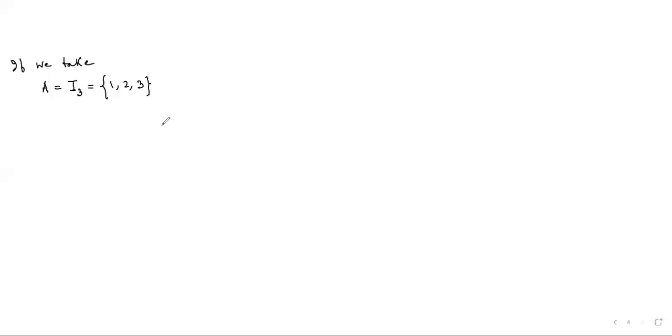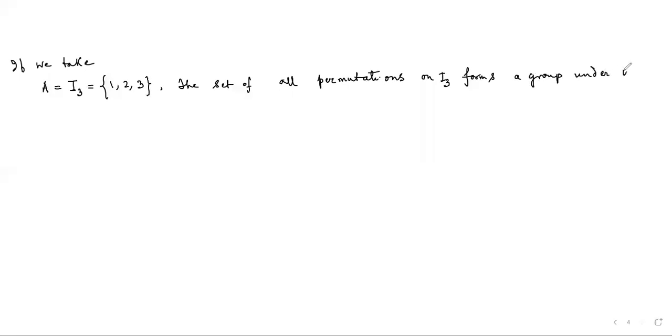then we know that the set of all permutations which can be defined on the set I3 will form a group under the operation defined in the previous page, star, which is composition of 2 mappings. And that group capital G